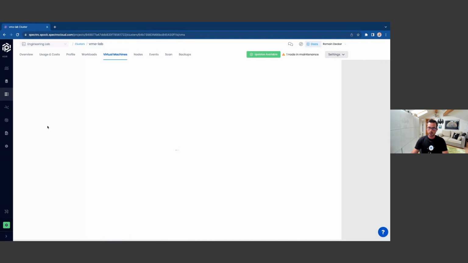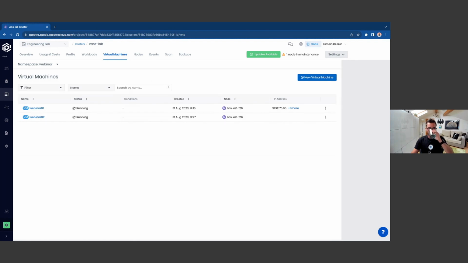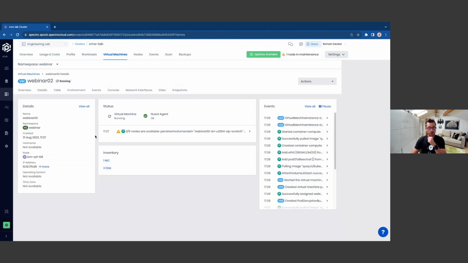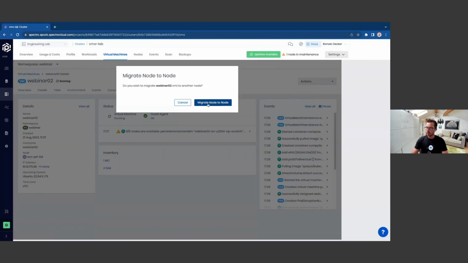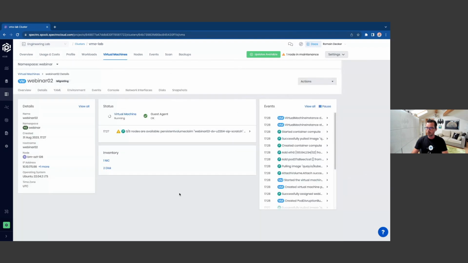If I come back to my VMs, I see that both VMs are running on the same bare metal node, but I can actually trigger live migration, which is similar to a vMotion, just by doing migrate node to node. I want to migrate this one to a different node.